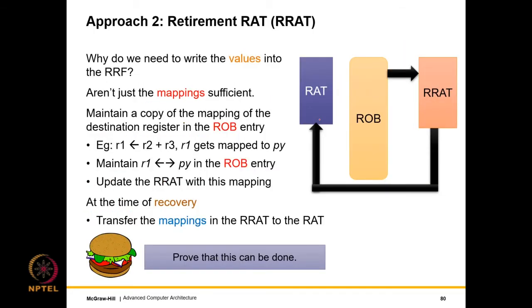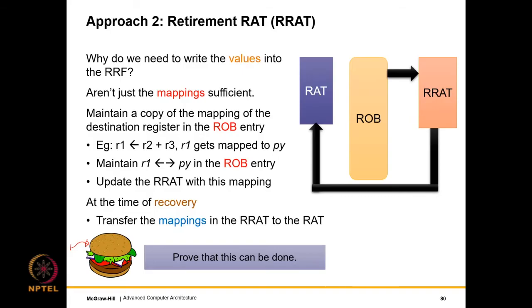So let us move to approach 2, which does something more efficient. And if you look at it, you can already see a burger, right? So if you can see a burger, it should ring a bell in your head that there is something that needs to be proved, right? So unless something is proven, you will not appreciate the complexity of this design and the correctness of this design. So as I said, burger means the white and gray matter should start churning in your head, and it should tell you that, look, there is something coming up which requires some amount of thinking.